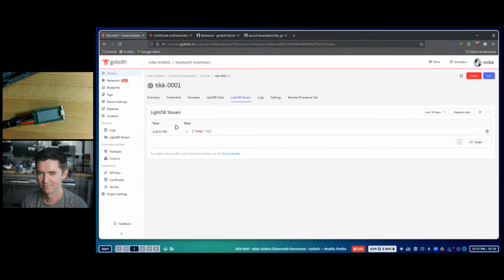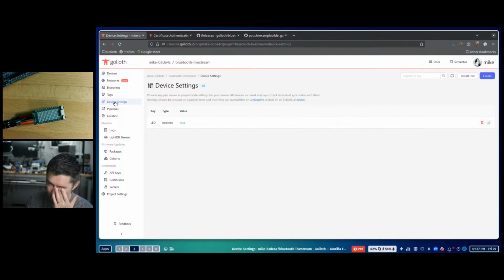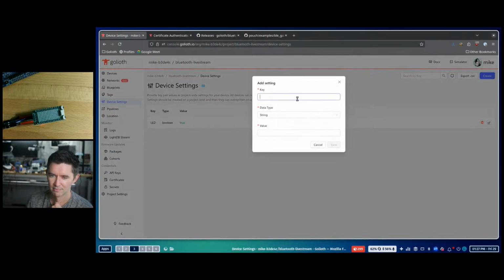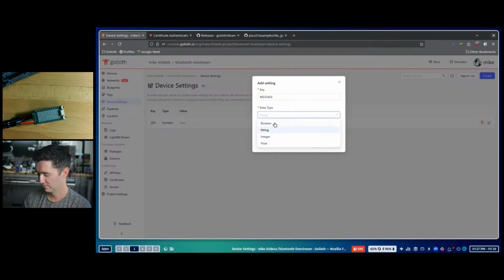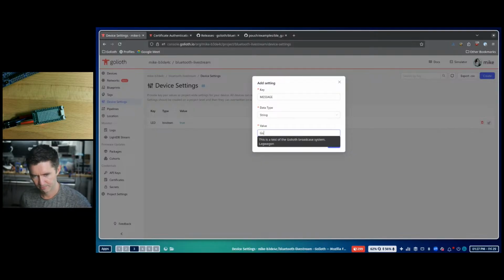However, the firmware on the Teak board has an additional device setting. So I'm going to add a message. It has two, I believe, doesn't it? It has arrow as well? Oh yeah, it has arrow. I forgot about arrow. All right, so I'm going to start with string though, and let's do